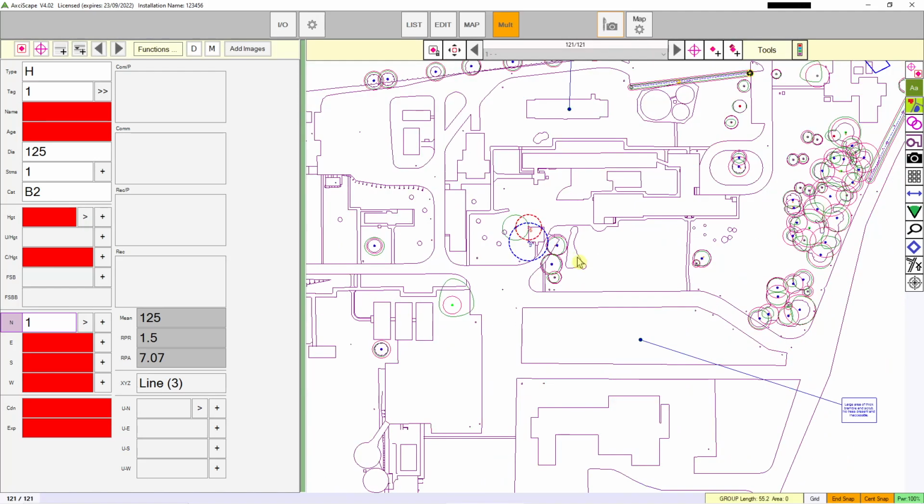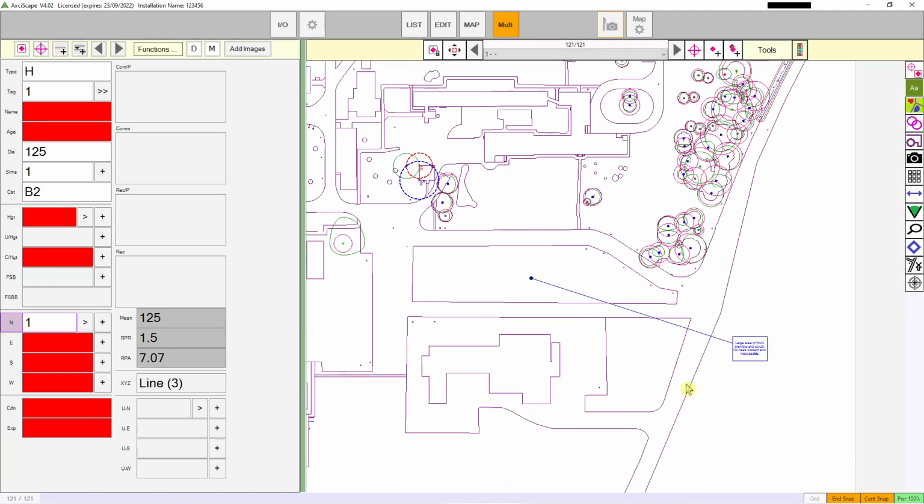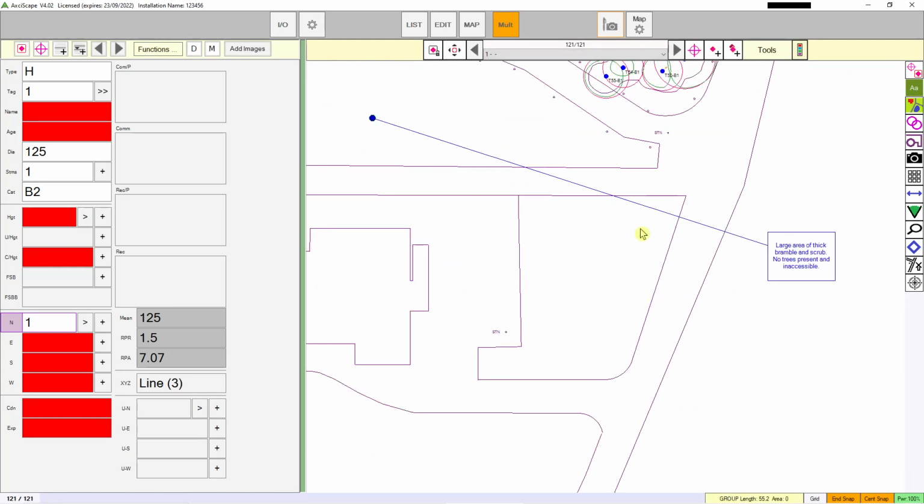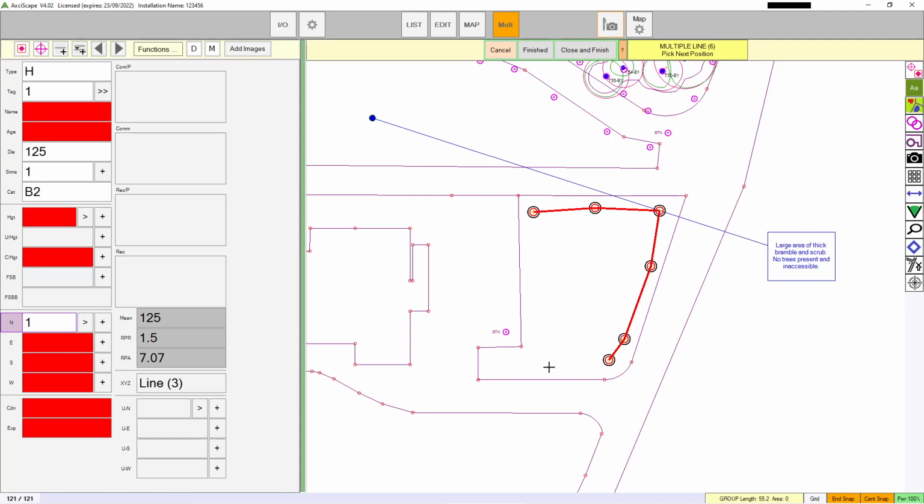Also, you might want to draw an area, say a group of trees filling a space, and it won't be a linear line, it'll be more of an area. So if I click again, you would normally draw the line to the extents of the stems. The extents of the stems are roughly here, and instead of just clicking finished, because if I click finished it'll just become a linear hedgerow sort of layout, I click close and finish, which will close these two vertices together,